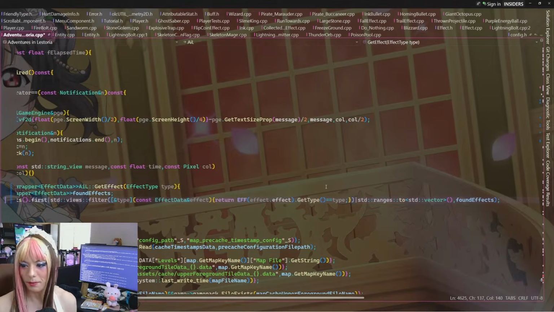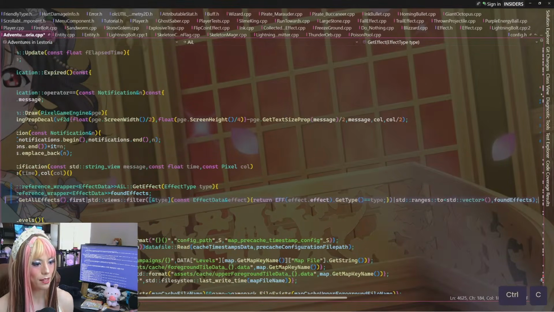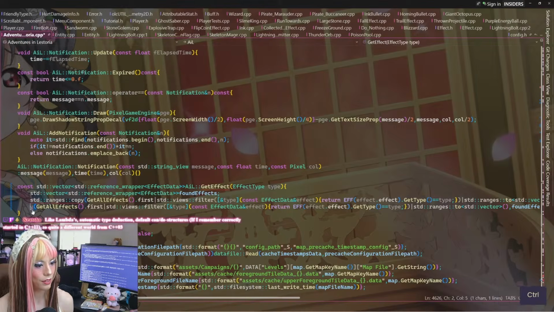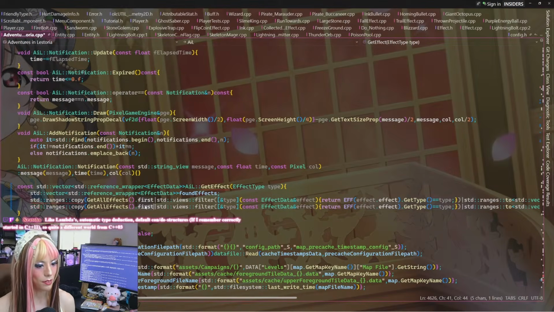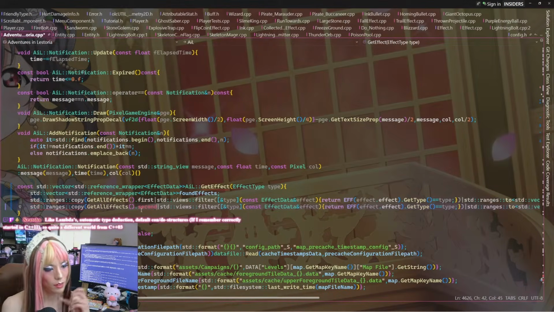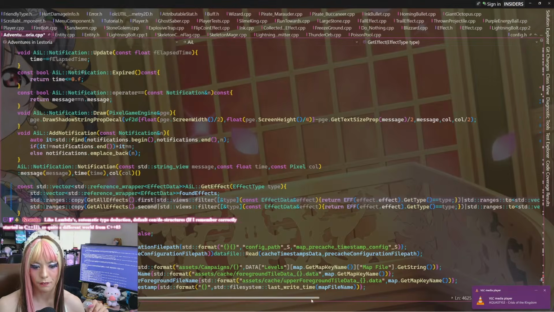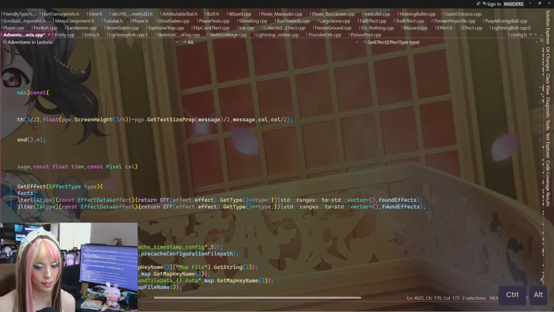So, we'll see if that works. So it does that for this, and then I want to do the same, but for the other range as well. The second range. Like so. It doesn't like this though. Is the destination supposed to be a back inserter? I feel like it's supposed to be an iterator. Let me see.